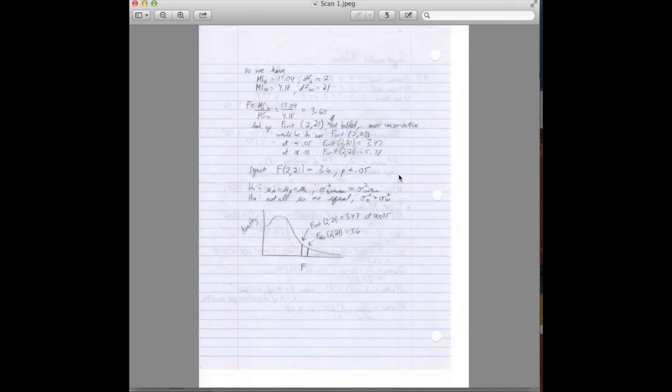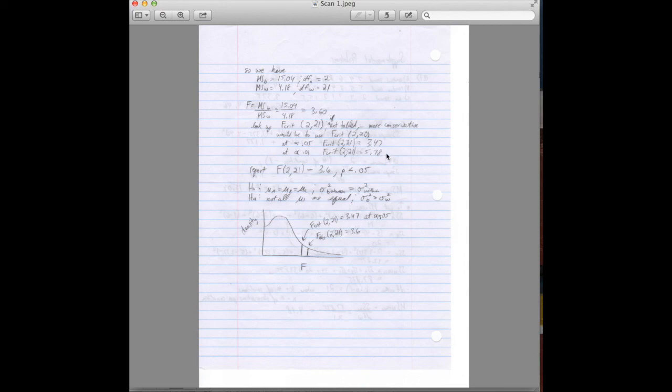And in this case, F critical at an alpha of 0.05 was equal to 3.47. And at an alpha of 0.01, the F critical was 5.73. So since we had our observed F of 3.6, that means that we've surpassed the critical value at 0.05, but